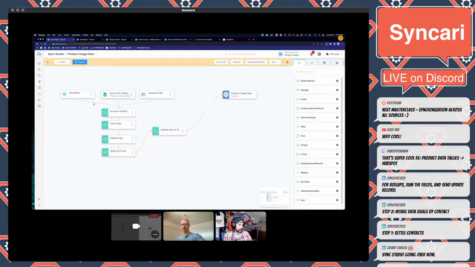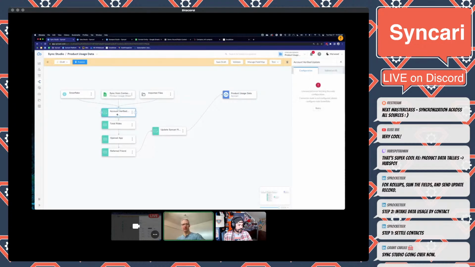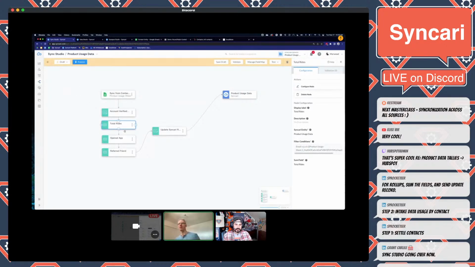So the data comes in, I do some lookups, right? I do some calculations, and it's giving me errors because I didn't set it up properly. But we're doing our sums, we're doing our counts, we're doing our roll-ups, right? We're manipulating that data to a form we want it in. And now we're pushing that to the proper fields and contacts, which basically is the right fields in HubSpot, because it's a mirror of HubSpot. So this step is actually pushing the data we want directly to HubSpot. And that's the basic flow.